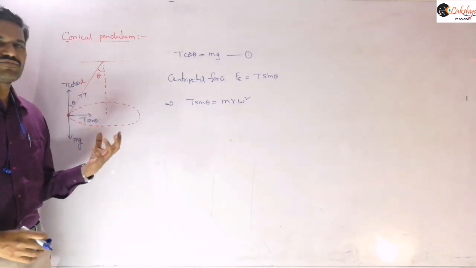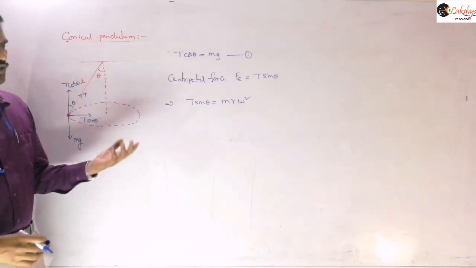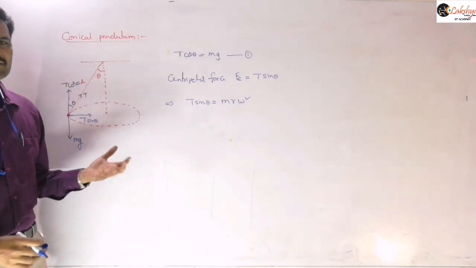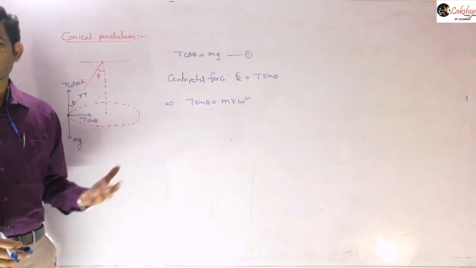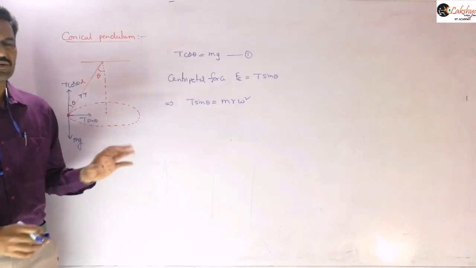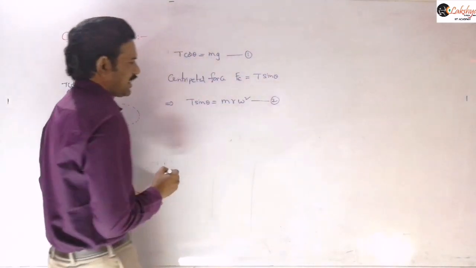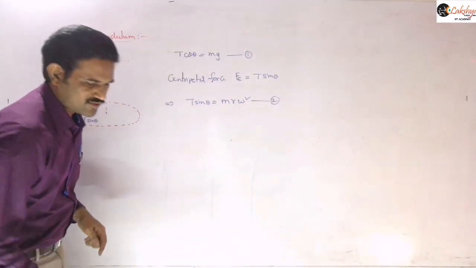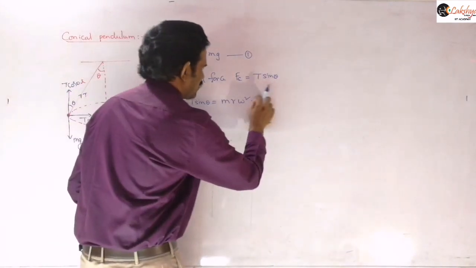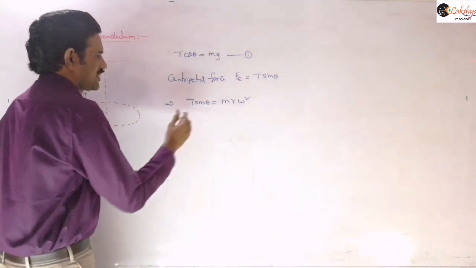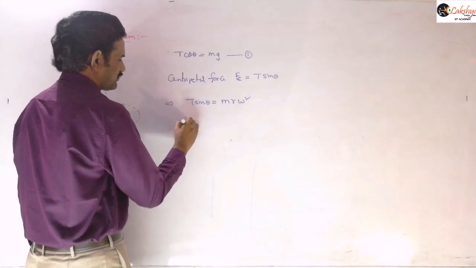Let us first find the expression for the time period, and after that you can write any speed of the particle or angular velocity; you can derive all those expressions depending on that. So these are the two equations we can write here, and from this you can further simplify. Let us take another equation, that means the r value we can write here.